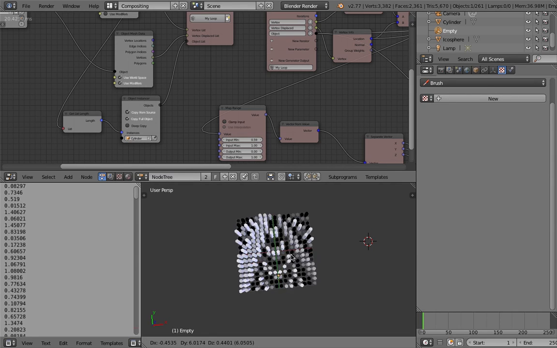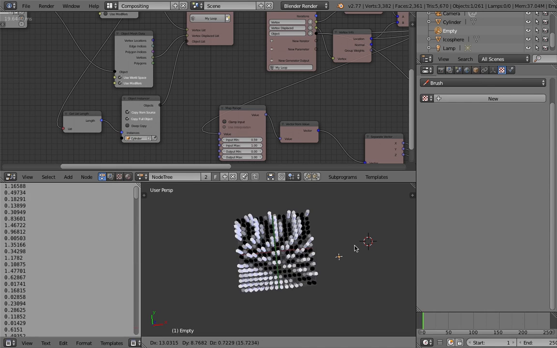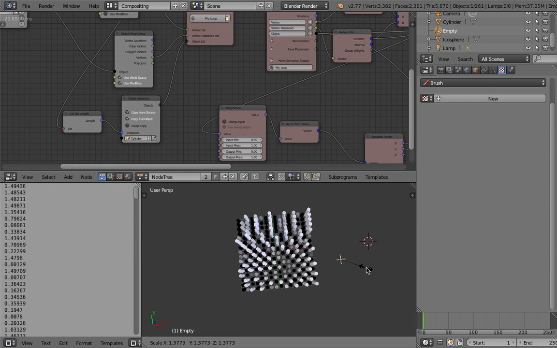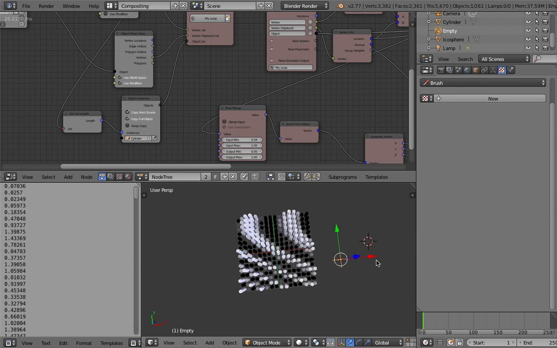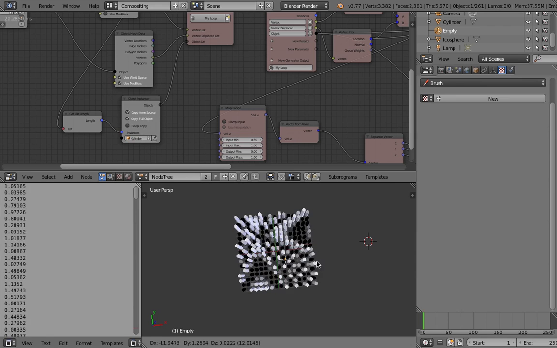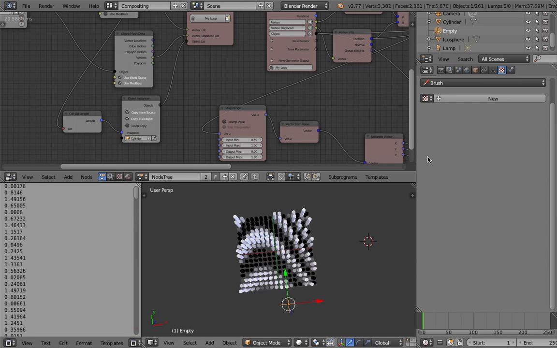Ring is kind of, let's decrease and increase the size. Maybe it should be like that. Anyway, that's ring.